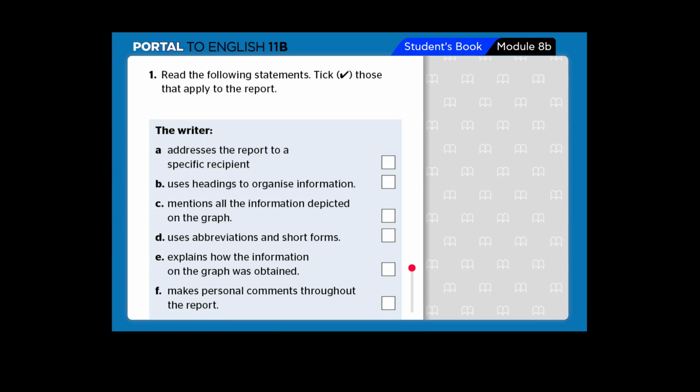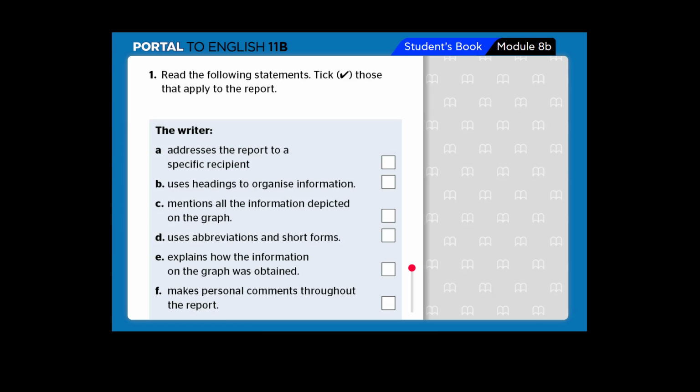The writer A. addressed the report to a specific recipient. هل الكاتب يوجه التقرير لمستقبل أو متلقي محدد؟ B. The writer uses headings to organize information. هل الكاتب يستخدم عناوين لتنظيم المعلومات؟